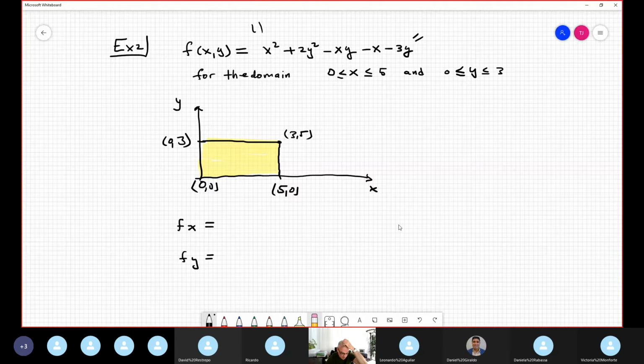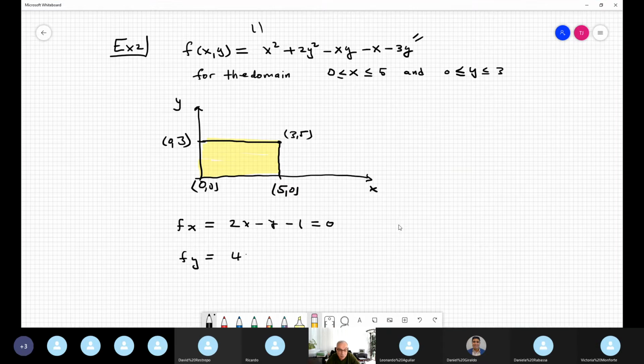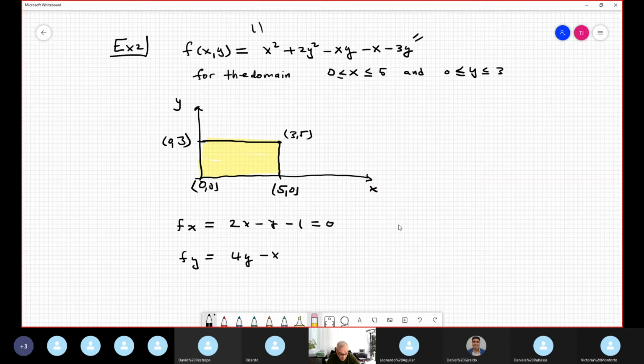The first derivative with respect to x is easy: 2x minus y, because here is y, minus 1 equals 0. And the first derivative with respect to y is 0, plus 4y, minus x, minus 3